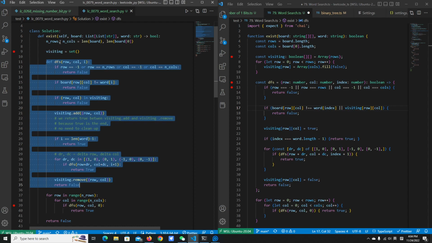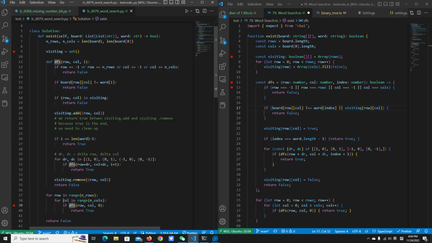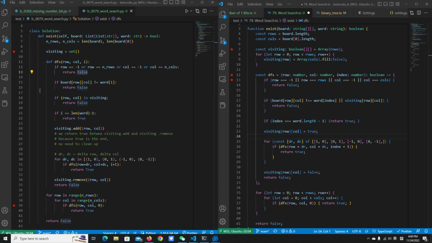So in the main function, it just goes through each of the characters in the matrix, and for each cell, we will call DFS. In DFS, we will firstly check if the position is in the boundary. Then we'll check if the current character in the board is equal to the ith character of word.